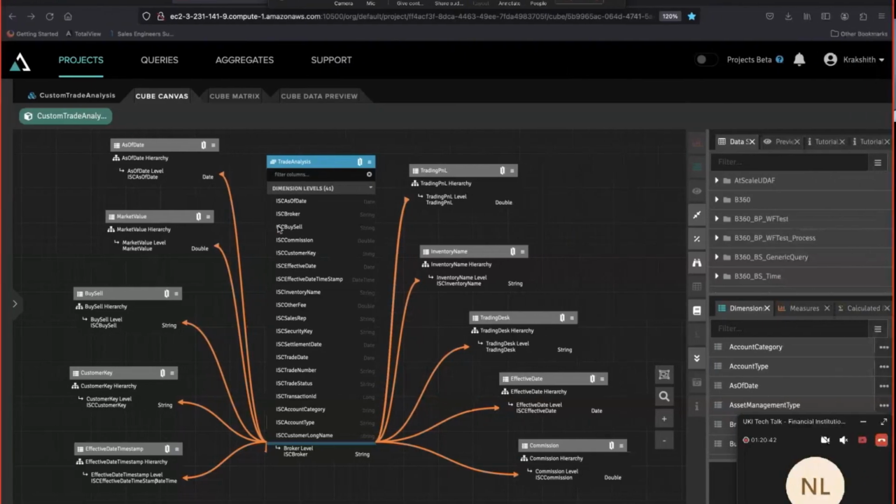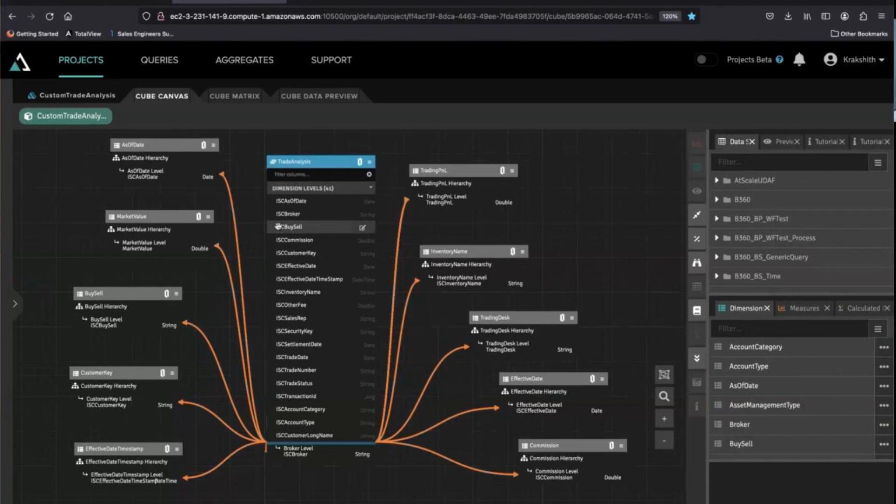So if I went into a view of the InterSystems Adaptive Analytics offering, which gives you the ability to define virtual OLAP cubes based on this single source of truth that you now have on the TotalView platform, this is where you've got the central trade analysis table, and from there you've got these various fields that you have used in order to start building these cubes out.